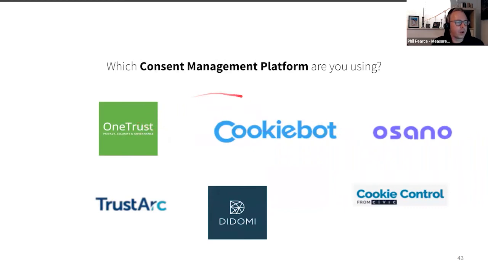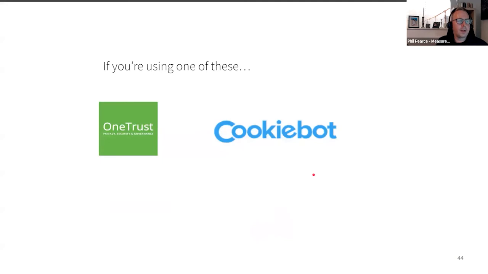So you've got OneTrust, CookieBot, some open source ones, and TrustArc in America. It used to be Trustee. And Civic kind of in the UK. The most common ones that we encounter normally tend to be OneTrust or CookieBot. If you're using OneTrust or CookieBot, and I'm just wondering again how in the